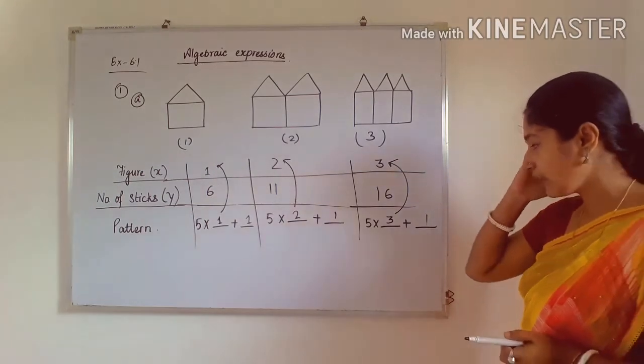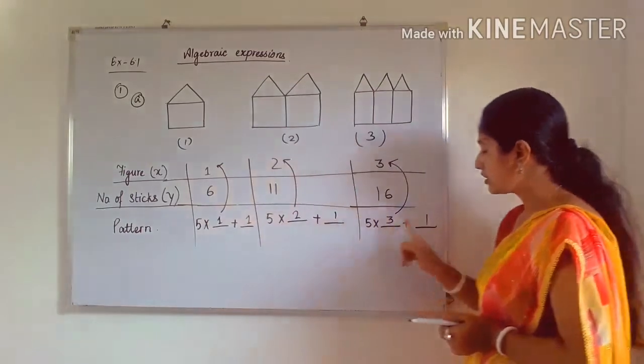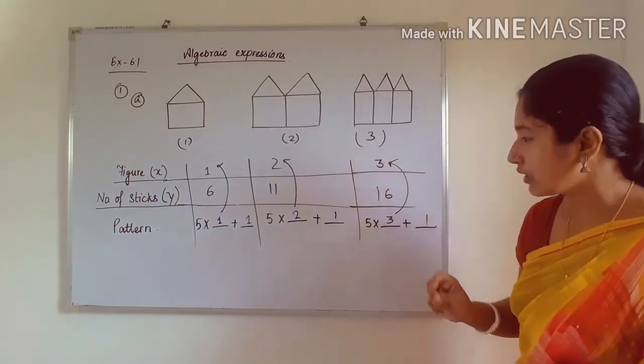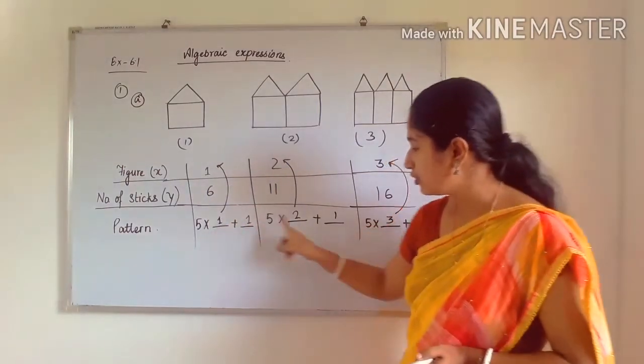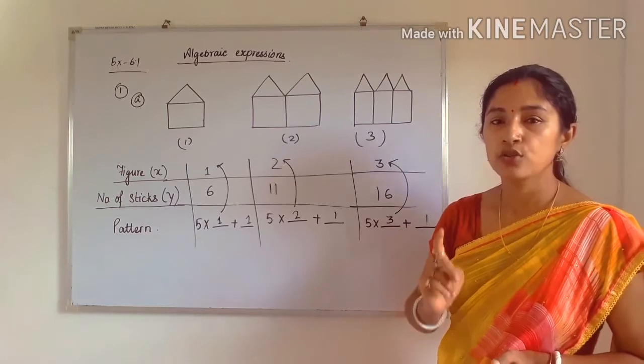So you can say that 1 is constant. See, this 1 is not changing in any of the cases, so we can say 1 is constant. And what is changing? See, 1, 2, 3, this is changing, that means this is a variable. So now